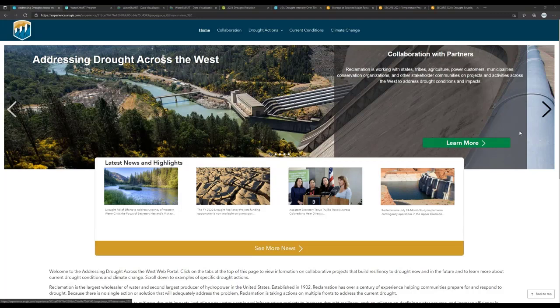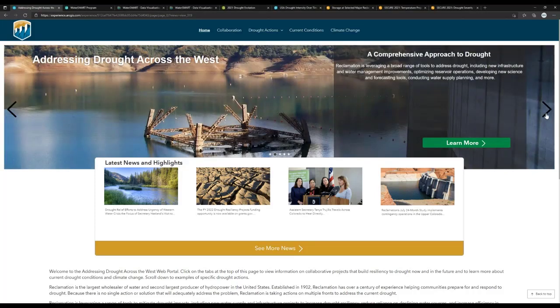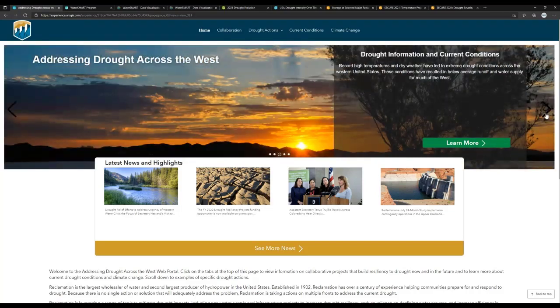And Nikki's going to show you how these move forward. You can click on that black arrow and it moves you to the next one, Comprehensive Approach to Drought. If you click the green arrow, it goes to the Drought Actions. This next one, Drought Information and Current Conditions, goes to the Current Conditions page.